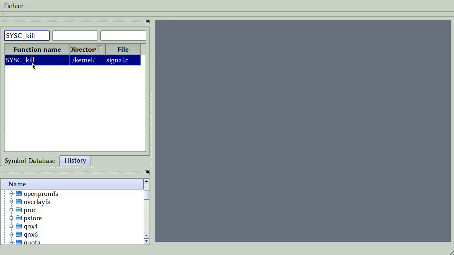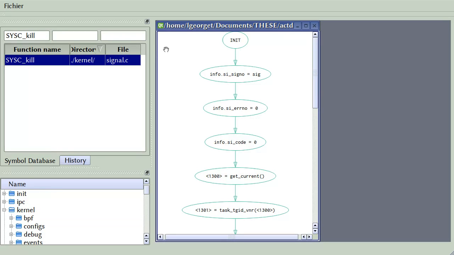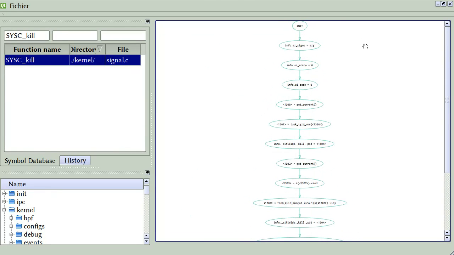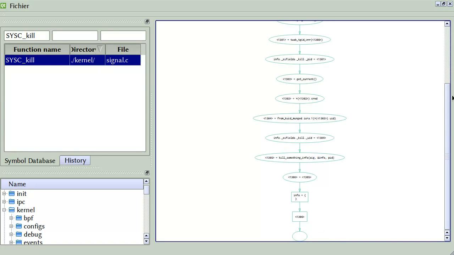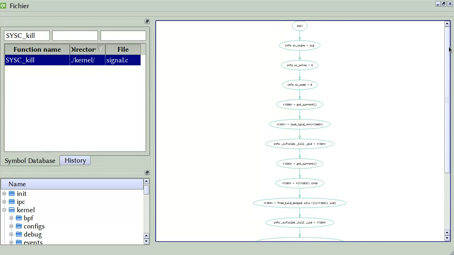Here it is. And let's say that our objective is to get more insight on its internal functioning, where the security checks are done, this kind of thing. So this is our system call. It looks pretty simple and pretty straightforward. The init node is at the top, the ending node at the bottom, and in between it's pretty much